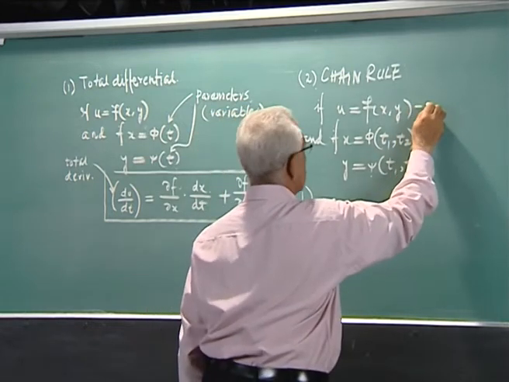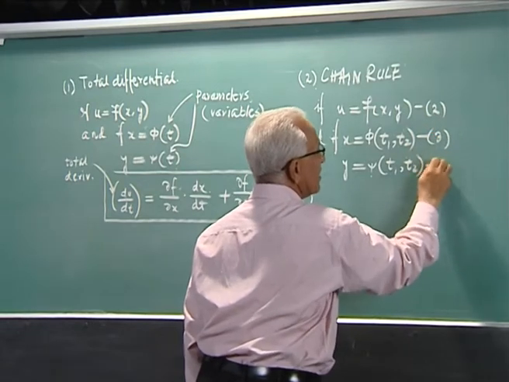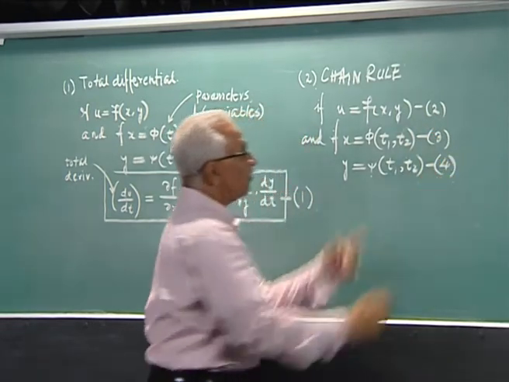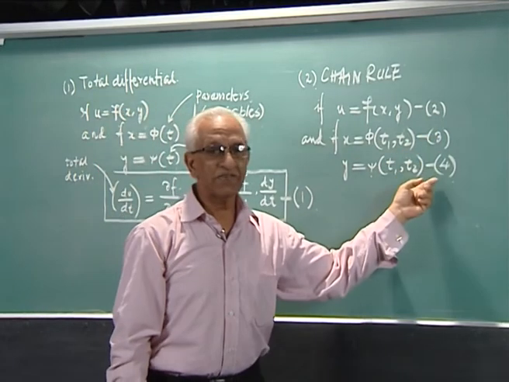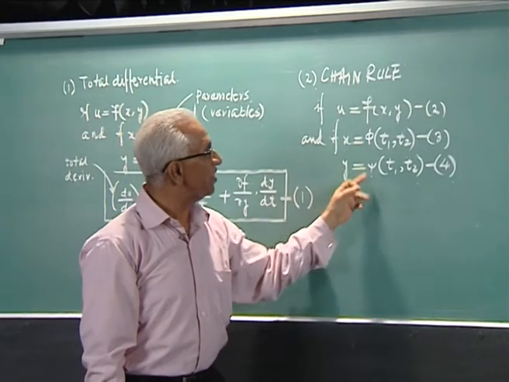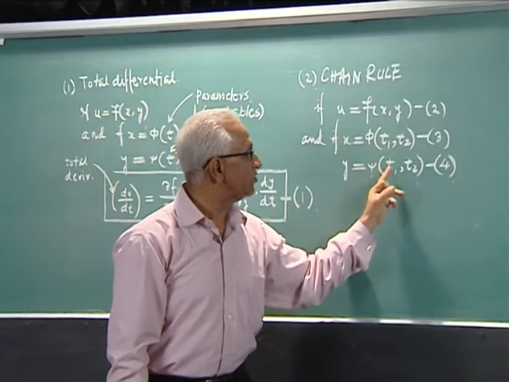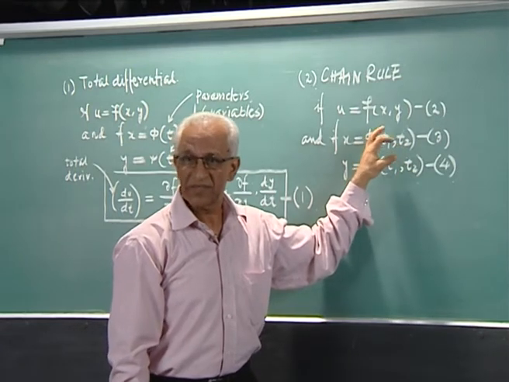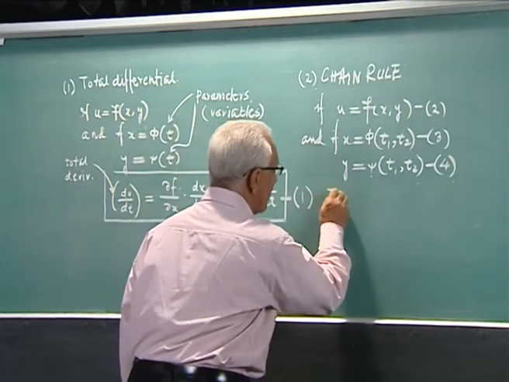I'll call it equation 2, equation 3, and let me name it equation 4. 1, 2, 3, first is the formula that we have, second, third, fourth, as you can see, is having the two functions t1, t2 and t1, t2. Mind it, these t1 and t2 should be similar,